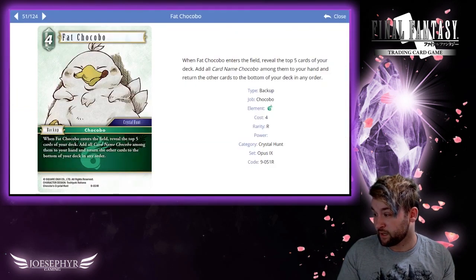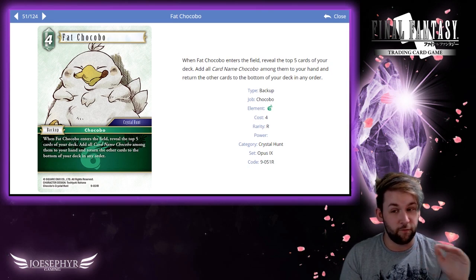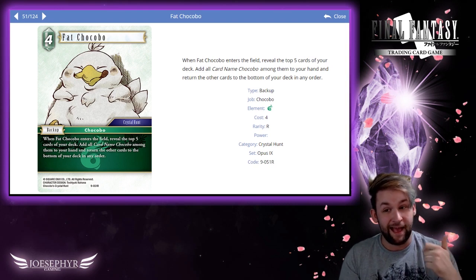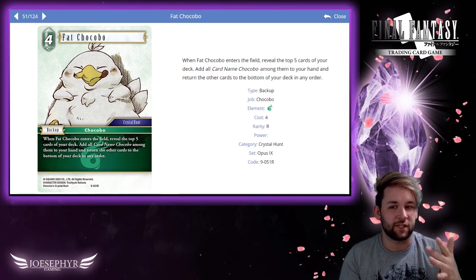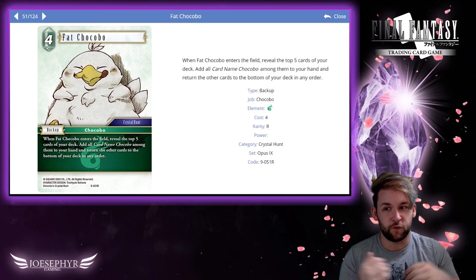Fat Chocobo is another interesting one. Now, a lot of people love their Chocobo decks. A lot of people. There are a few players I know that will live and die by Chocobo decks. This is a really cool card because it's a job named Chocobo. So that means that Chocobo Knight can search for it and cheat it into play and potentially pull you 1 or 2 cards back, which means the advantage generator, which is what you're realistically playing Chocobos for, could be absolutely